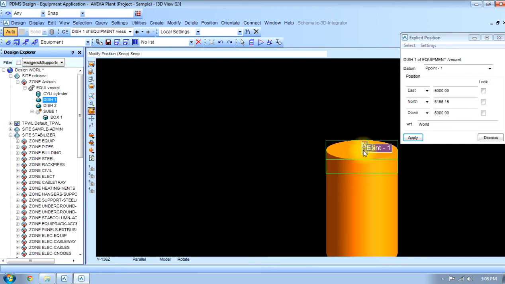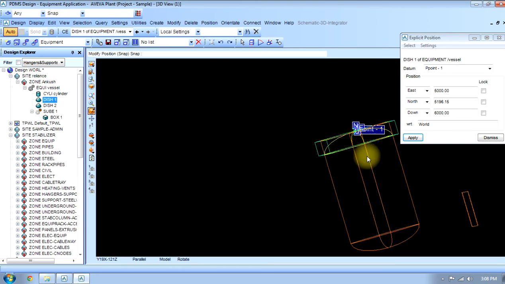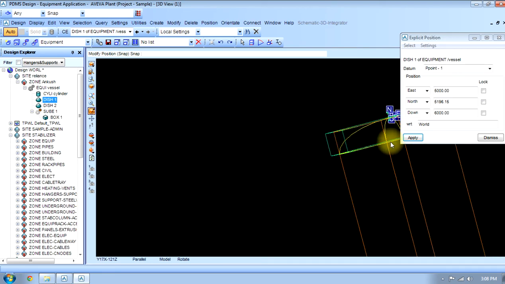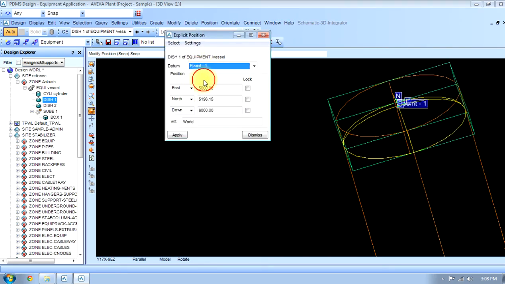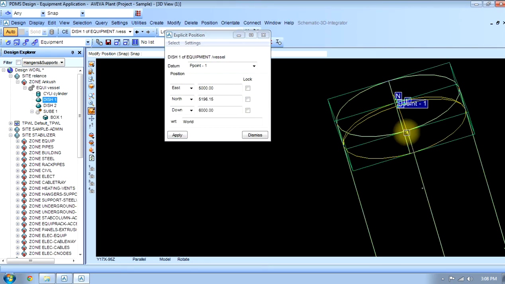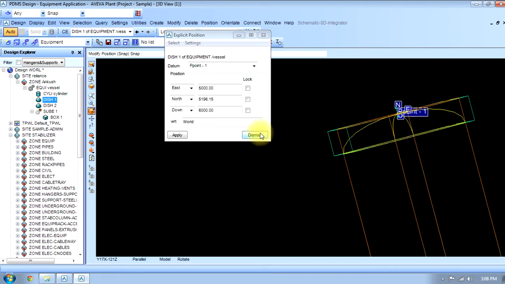If we check here, the dish will be created at this point only. If we change the pick point to this, like if I change the pick point of dish, then we can rechange it also.